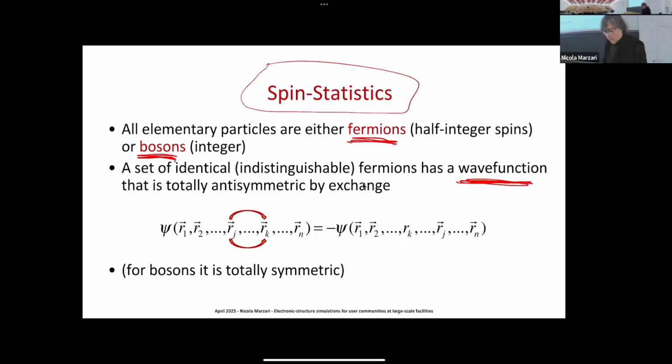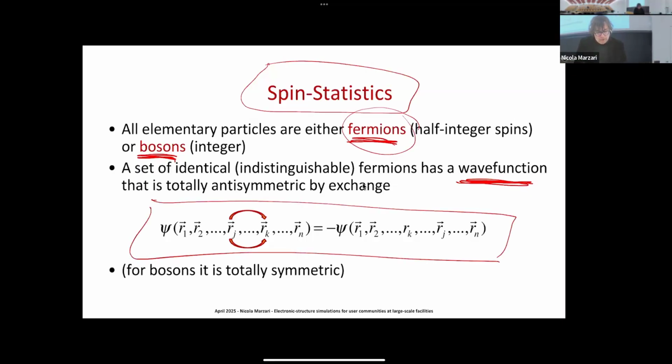So it means that they are fermions, and fermions need to satisfy this antisymmetry principle that if you take a fermionic wave function and you swap two coordinates, you need to get a minus sign. The square modulus of the wave function is not going to change, and the brackets are not going to change, because if you swap, you've got a minus that cancels out. But the